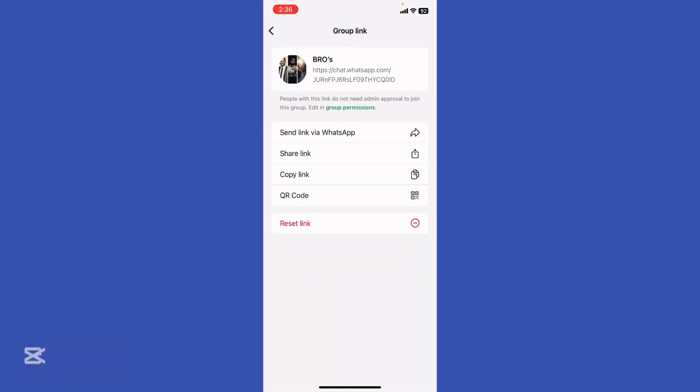And then you're just going to copy the link or share the QR code, or take a screenshot of the QR code, and then you're going to be able to rejoin that group as an admin. Please be advised that this